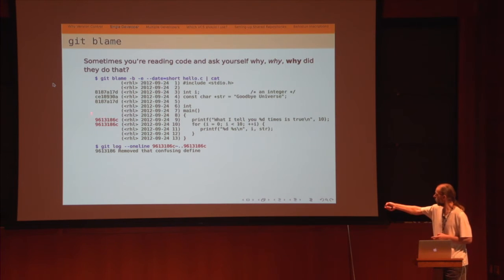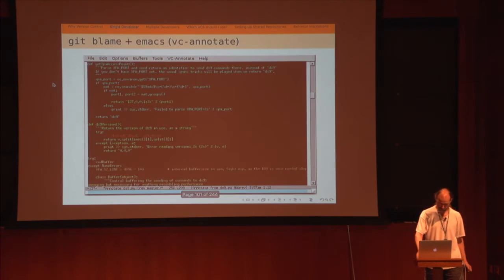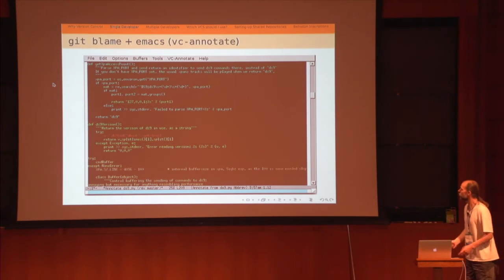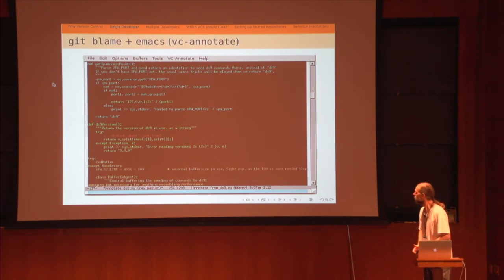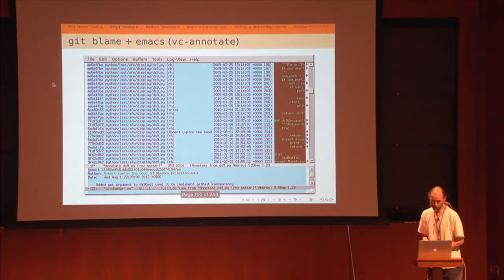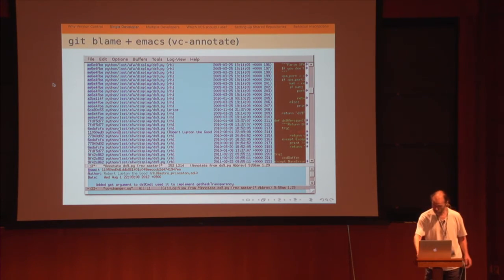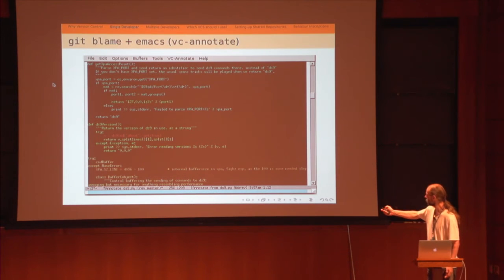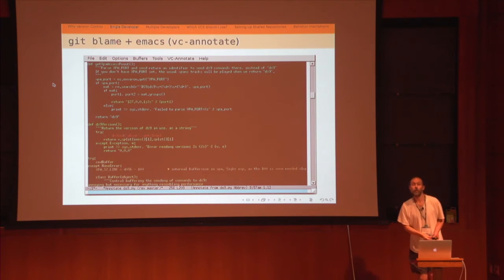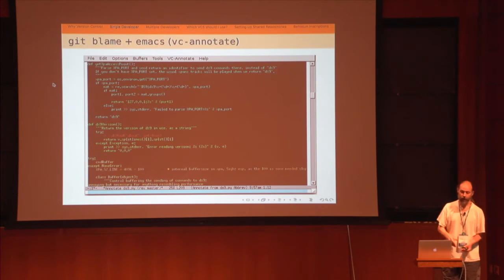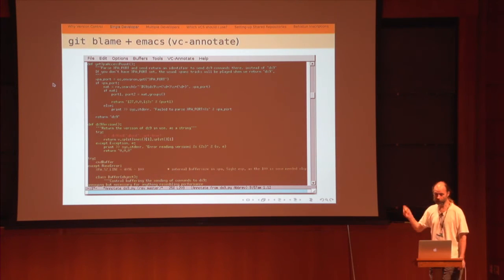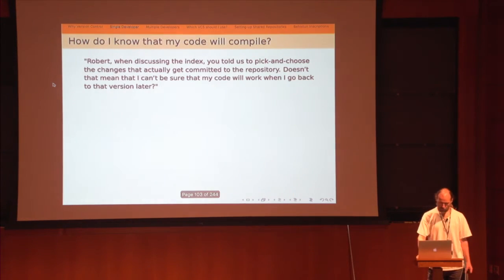So you can recover the SHA, you can find out that the problem was that that Lupton guy, RHL, removed the confusing define that actually made the code better. And if you're using Emacs, you can use a thing called vc-annotate, and you start out with source code that looks like this, and you can ask it to show you for every line what the message was, and they're color-coded. You can't see that, in red is the thing you changed most recently. That's a pretty good bet, actually, because when you've written a piece of code and it suddenly stops working, the chances are something you changed recently was what broke it. So you look for the red lines and you say, okay, that's probably where the bug is. Okay.